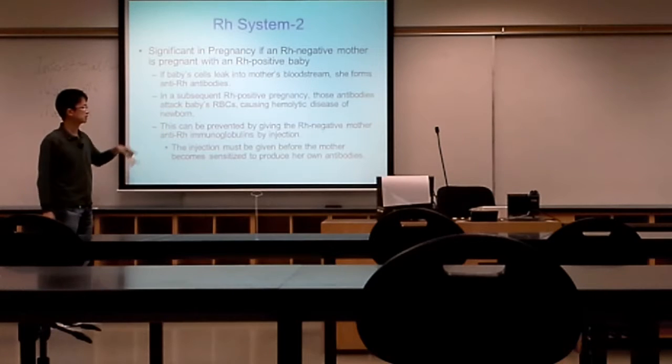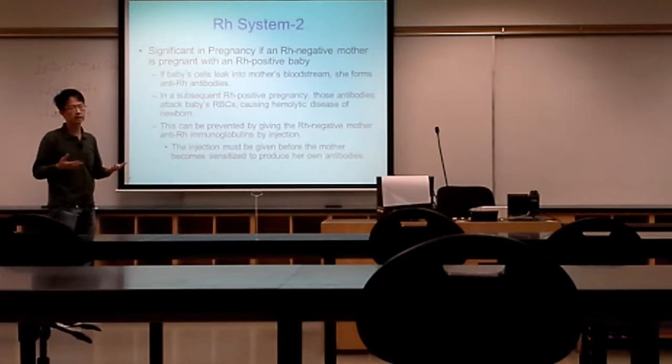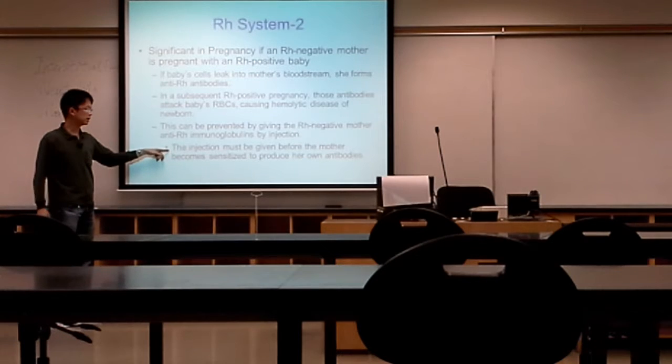So causing the hemolytic disease of the newborn. How do we treat it? Very simple. We inject the antibody, the anti-Rh immunoglobulin, the antibody against the Rh positive, into the mother. Actually, we have to do it before the mothers start to get pregnant, so before the first pregnancy, so that